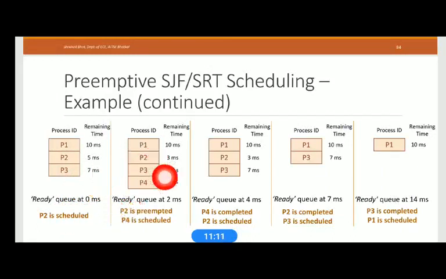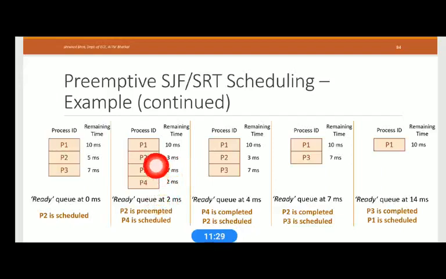After 2 milliseconds, P4 enters. One more process, P4, enters the queue. Once again the scheduler will verify whose time is less.